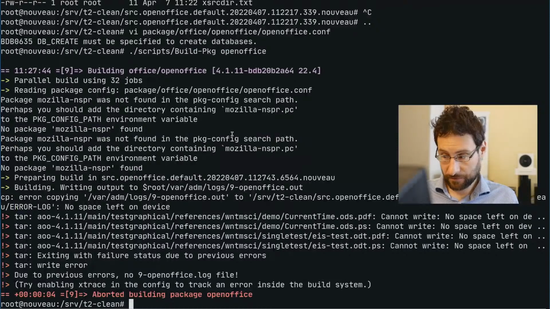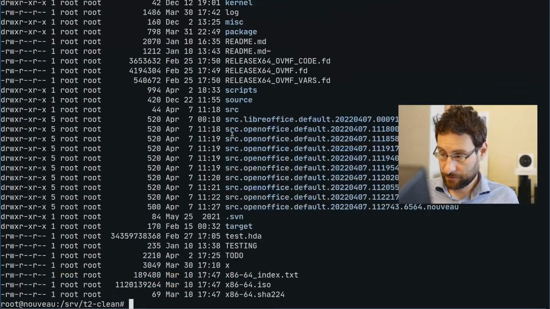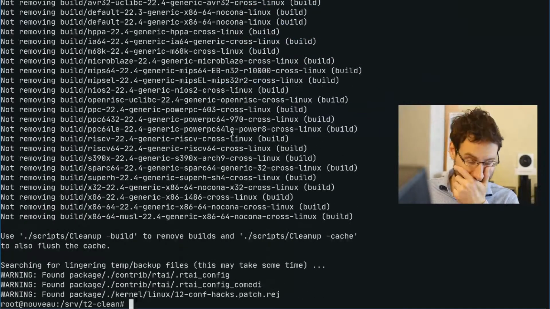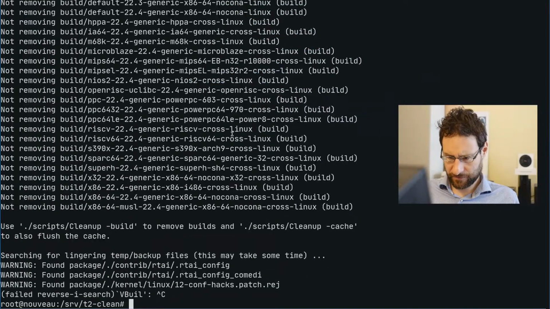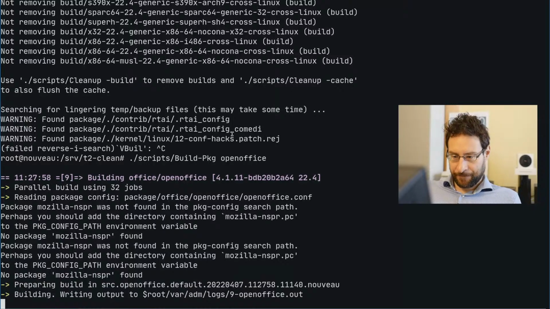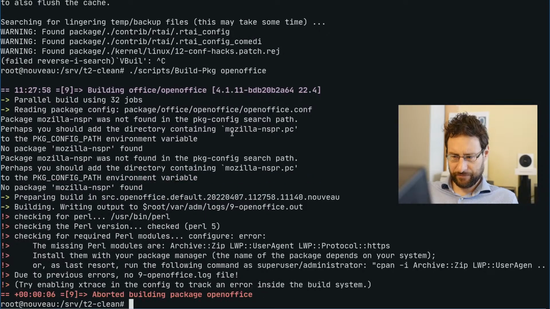Did I write the autoconf? What, no more space left? I have 96 gigs of memory. How could this already be? Okay, this at least is some progress.